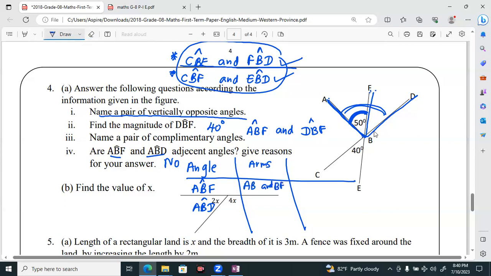Arms of ABD are AB and BD. That means the common arm is there. Then vertex. Vertex is B. Here the vertex is B. Location. If we consider the location, ABF angle is located